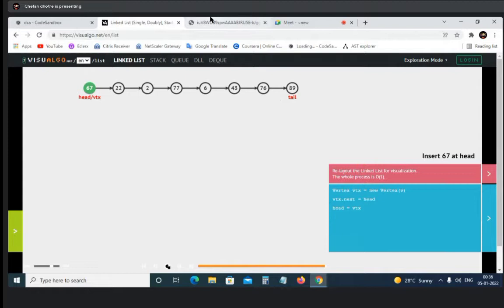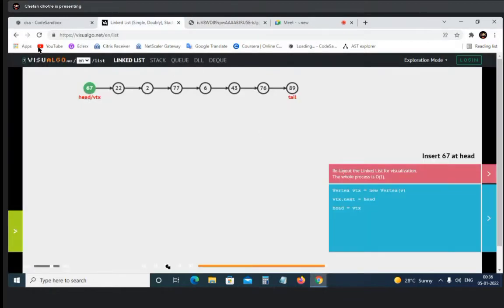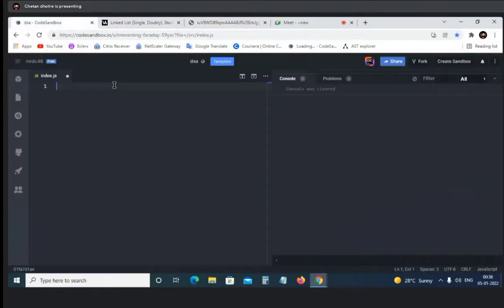Now let's move on to the diagram. You can also get familiar with this diagram. The head is pointing to another node, and that node is pointing to another node. So it is like that. And let's move on to the coding part. Now I will comment which element I want to reference.